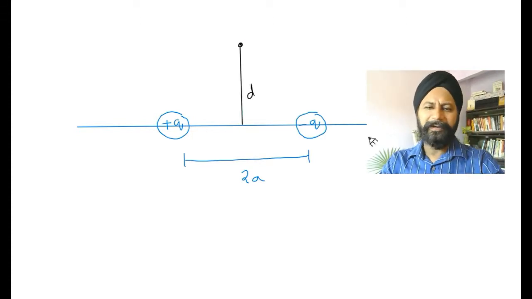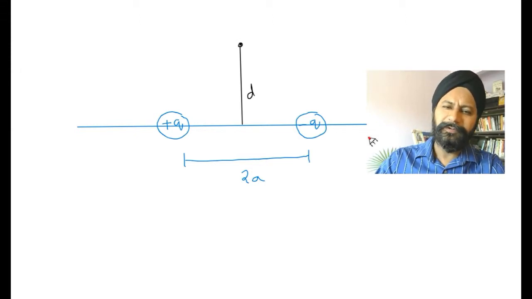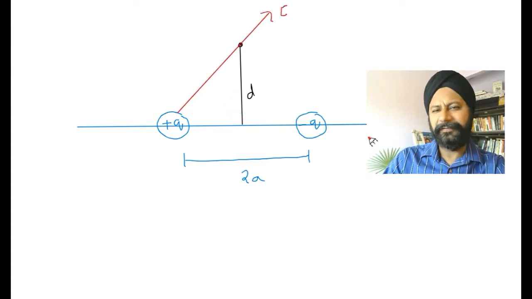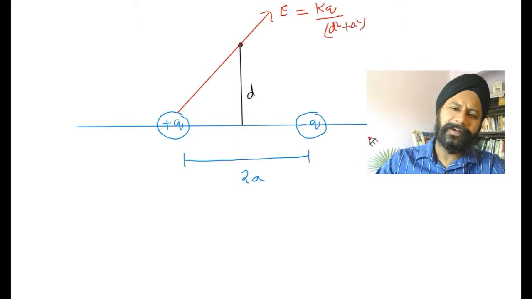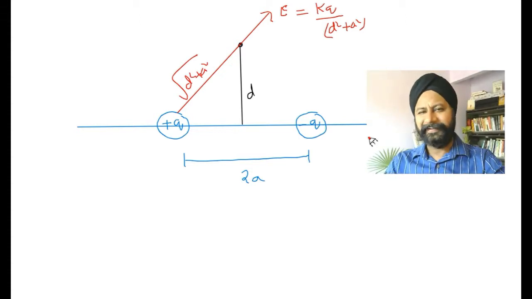I'll give you a quick clue on what you do here. Is this because of this positive q? Let's draw the line here, है ना, ये because of this positive q you have some electric field here, कितना kq by distance square। अब distance square कितना है यार, वो तो d square plus a square है। पाइथागोरस थ्योरम लगाइए माय फ्रेंड्स, जस्ट पाइथागोरस थ्योरम, है ना, ये डिस्टेंस ये था, इसका स्क्वायर कर दिया।